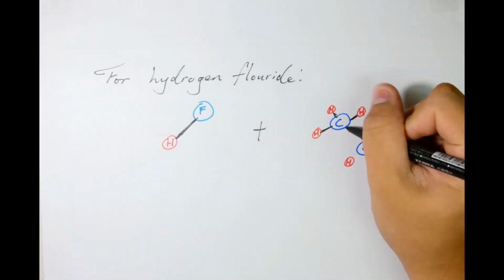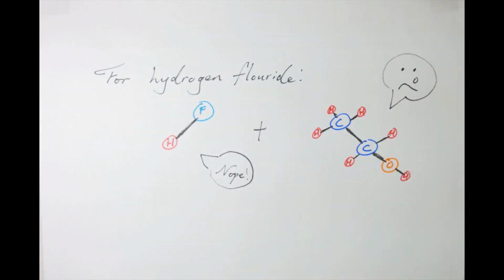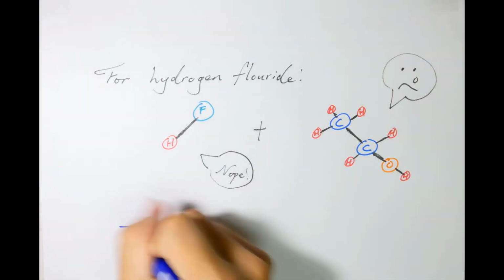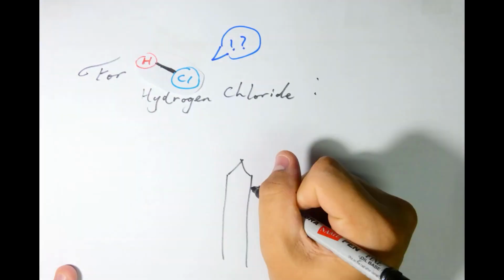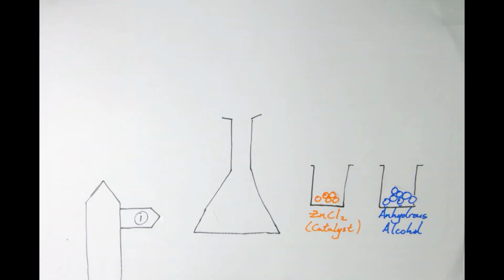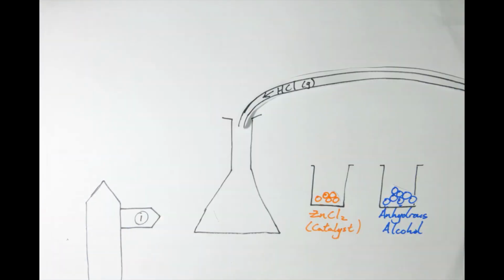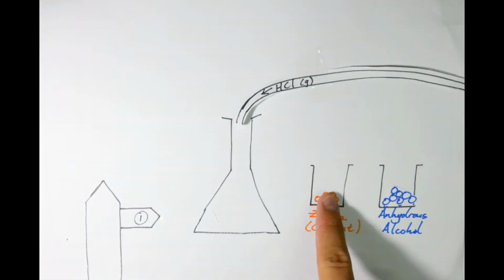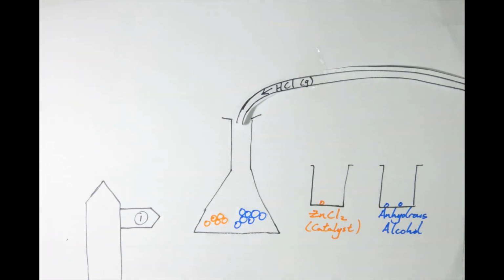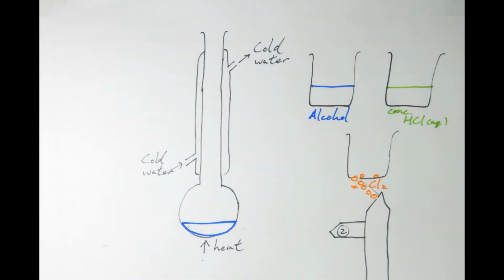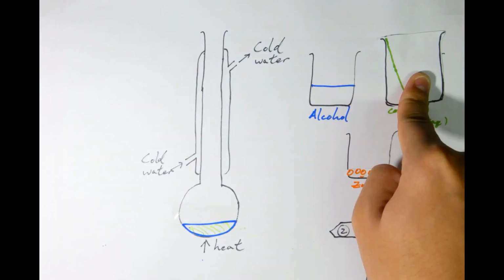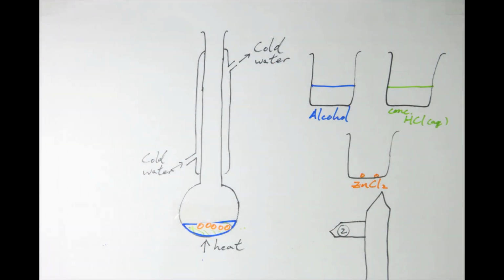For hydrogen fluoride, it is generally unreactive, so there are no reactions between alcohols and it. As for hydrogen chloride, the reaction can undergo in two ways. The first way is bubbling dry hydrogen chloride gas through the mixture of anhydrous alcohol and anhydrous zinc chloride, which acts as a catalyst. The second way is refluxing the alcohol with concentrated hydrochloric acid in the presence of zinc